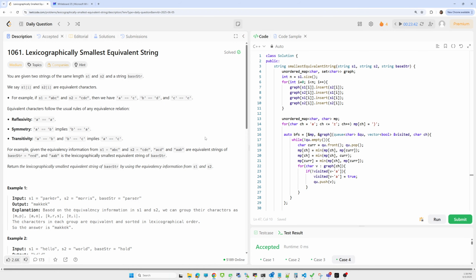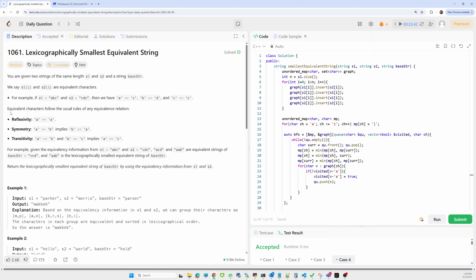For example, let's say string s1 is abc and string s2 is cde. So it says that a is equivalent to c, b is equivalent to d, and c is equivalent to e, and vice versa.